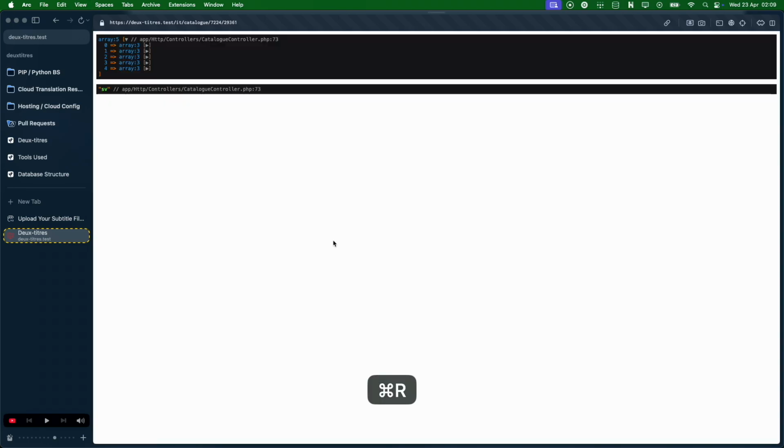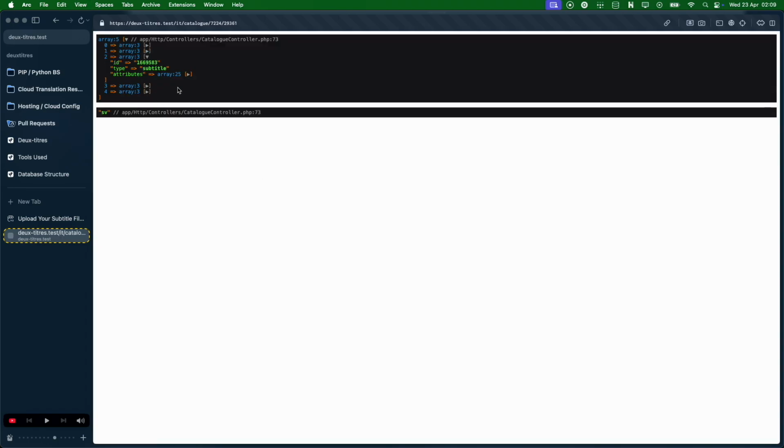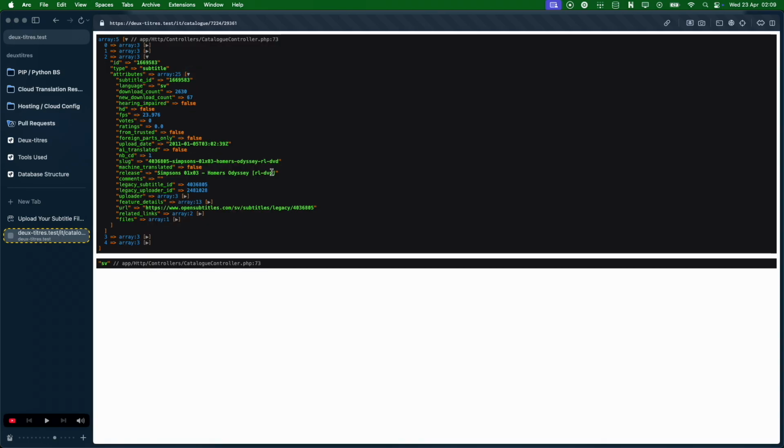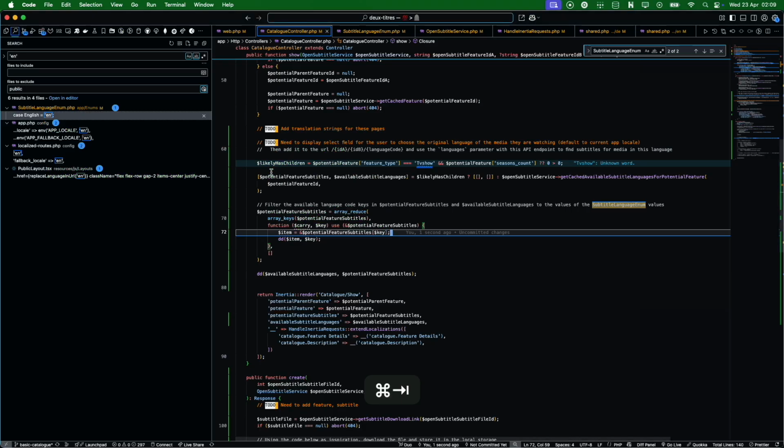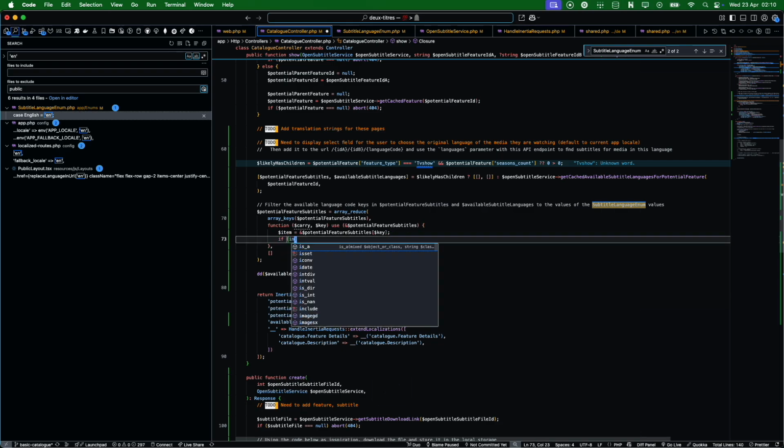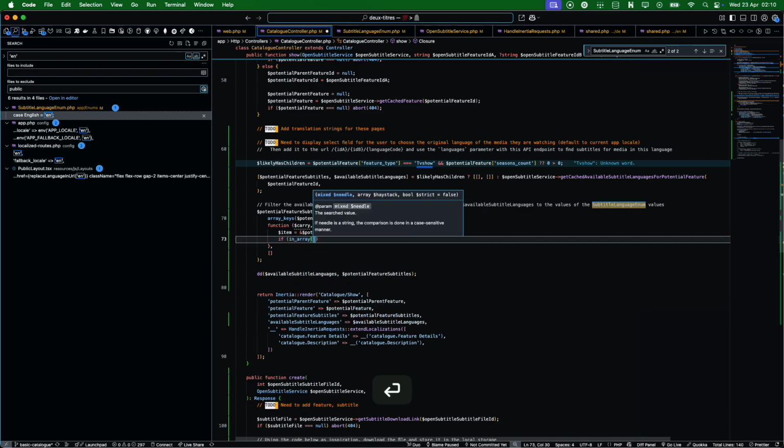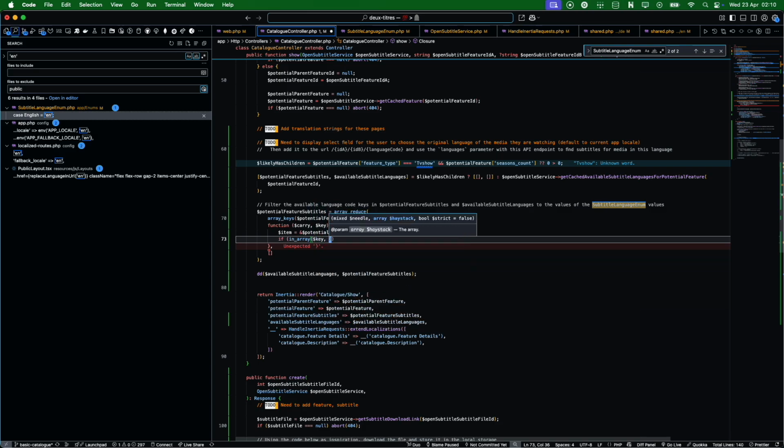Sweet. Oh, wonderful. So now we can just do if in array, needle. So nice having information in the IDE. Needle is the key,